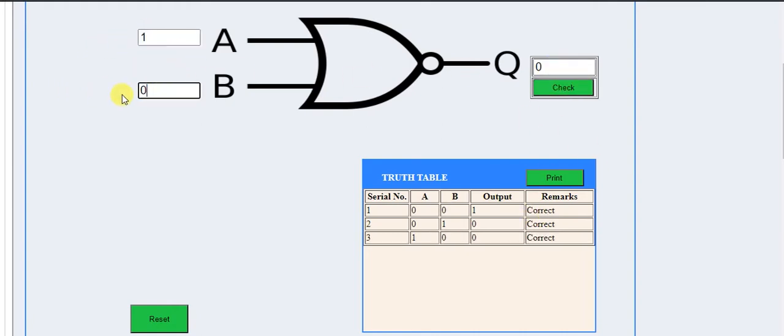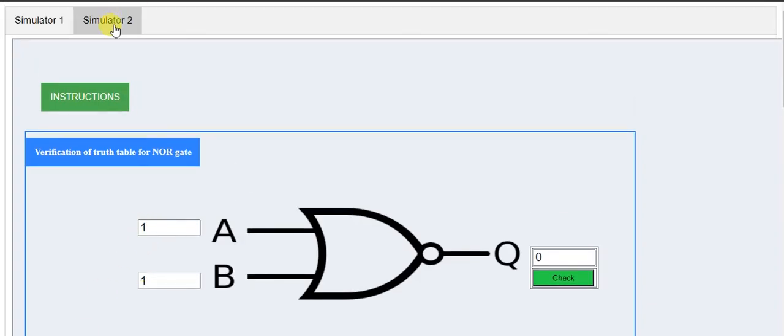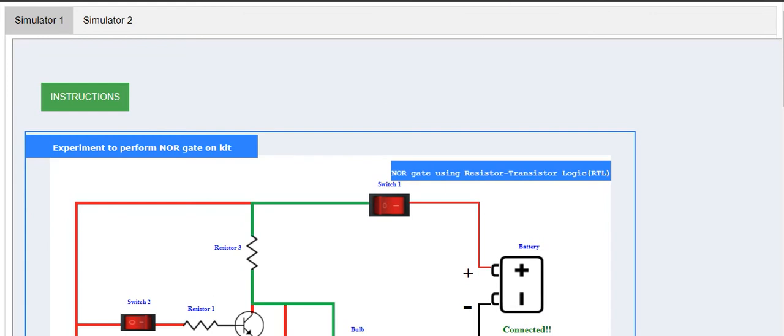So if both are ones, what happens? It's also 0. Okay, only for 0 and 0, that is both are off, then only it will be taking it as correct, right? So there are various applications of these gates. Okay, so the application part we can discuss in the later classes.